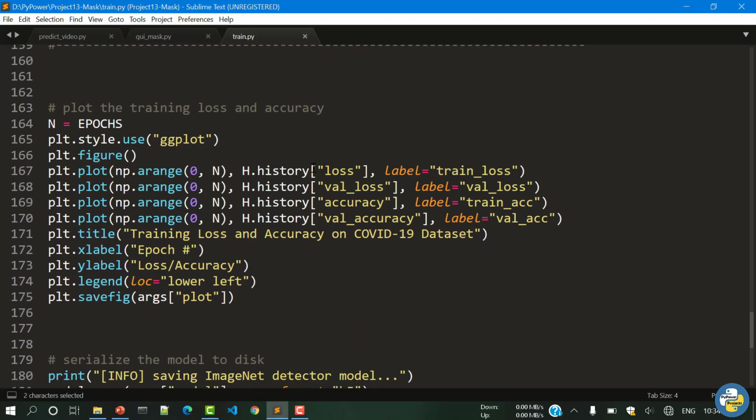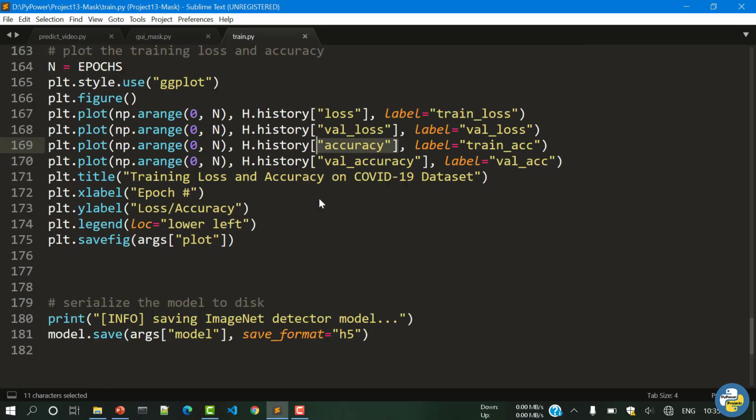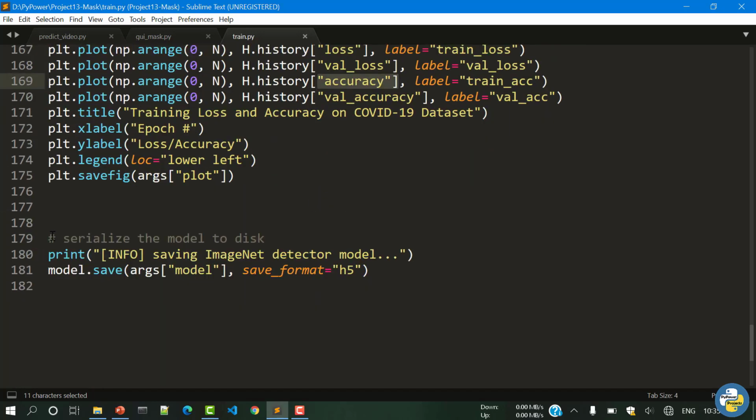Those attributes are loss, validation accuracy, and all those attributes are stored when the model is trained. And by matplotlib we can plot all that data into a graph to give a pictorial representation of how our training process has gone. And finally, we will serialize our model to disk by the model.save method.